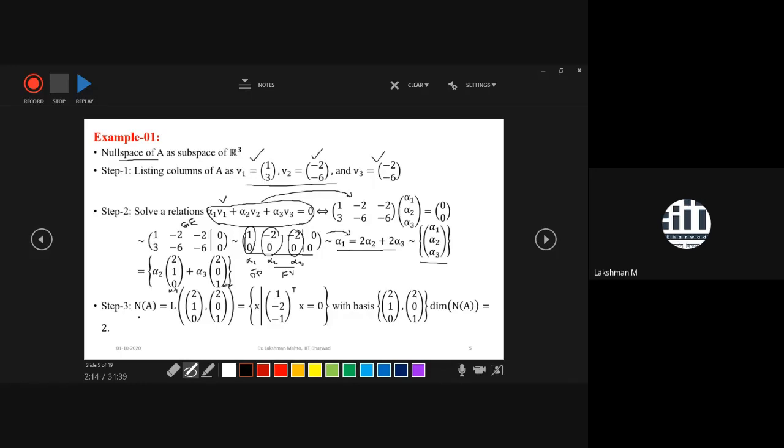So the null space of the matrix A is what? It is the linear span of these two vectors. And if you take a cross product of these two vectors, you will get the equation of the plane. This is the planar form of the equation, and this is the algebraic definition in terms of linear span. So how many vectors span the null space of A? Two vectors: this vector 2, 1, 0 and another vector 2, 0, 1. Those two vectors form a basis of the null space of A.